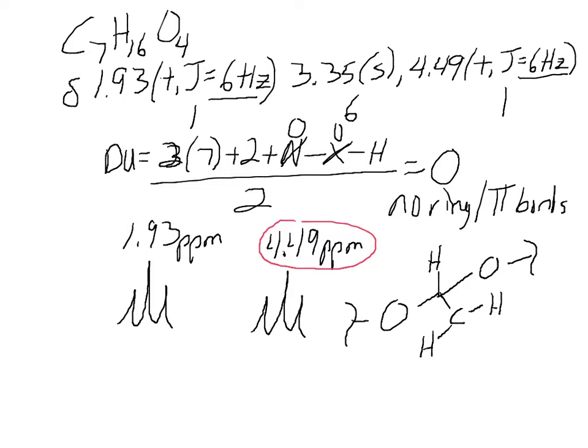So the point I'm trying to bring up here is, if you have one oxygen de-shielding you, is two oxygens going to make you even more de-shielded? Yeah, so it's kind of an additive effect. So a 4.49 is really de-shielded. So that's why I'm thinking this hydrogen has to be next to two oxygens. That's really downfield. Okay? The other thing I think we need to think about is we have 7 carbons here,